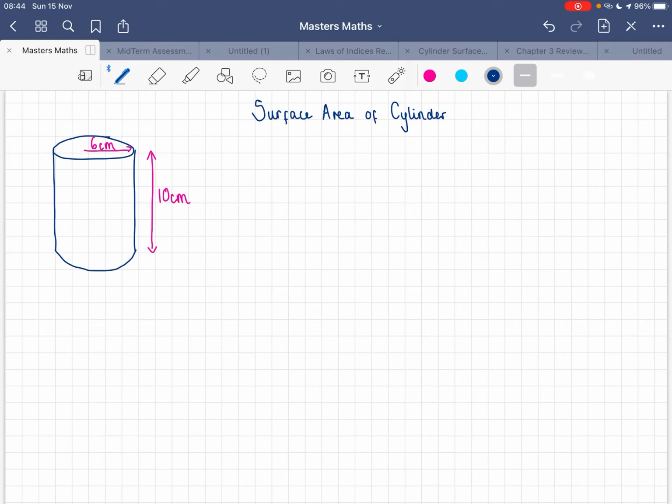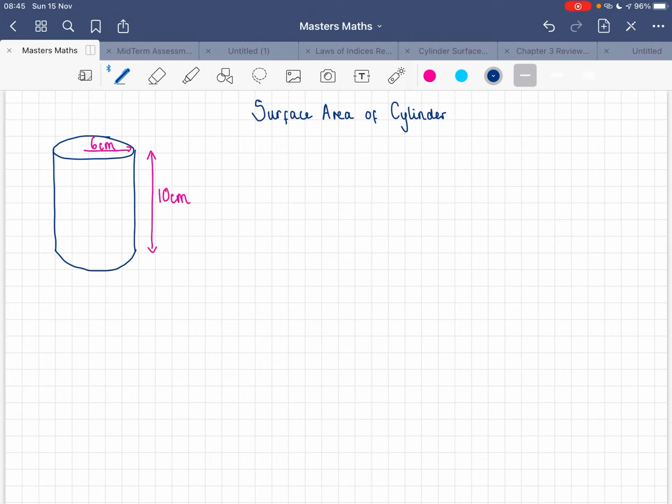the two circles. We are going today to look at two different types of questions, one where you give your answer as a decimal, one where you give your answer in terms of pi, but the method for both is the same. You just have to give your answer in a slightly different way. We are going to break it down quite a lot. I'm going to show you all the things that you need to identify, pick out of the question, and then use them to calculate different parts before putting it all together to get the total surface area at